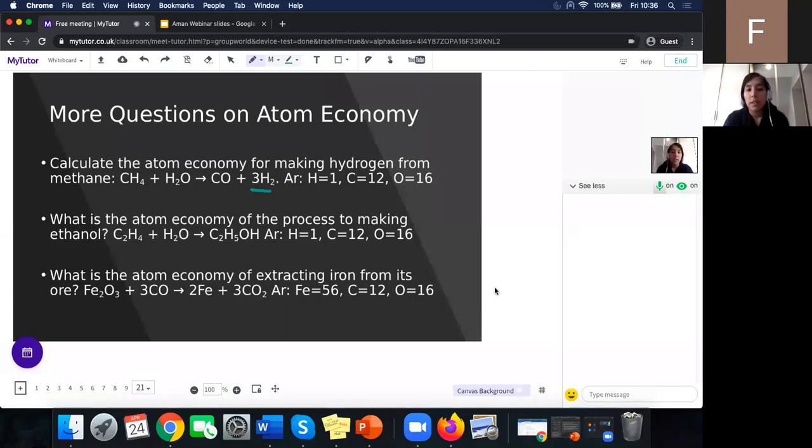So 6 is what goes on top for this equation. That's the AR of our desired product. And then remember, we divide that by the AR of the reactants. So methane will be 12 plus 4, which is 16. And water will be 2 plus 16, which is 18. So it is 6 divided by 16 plus 18. So if you do that into your calculator,